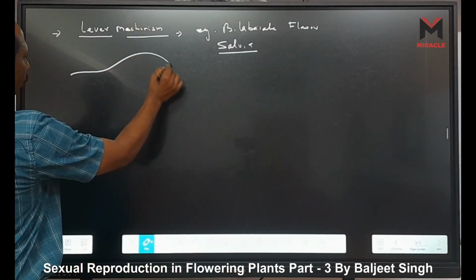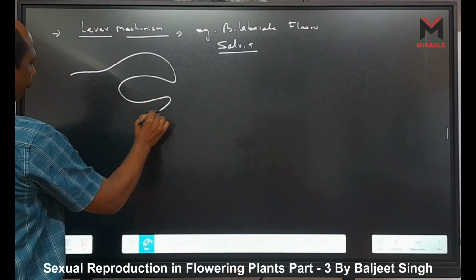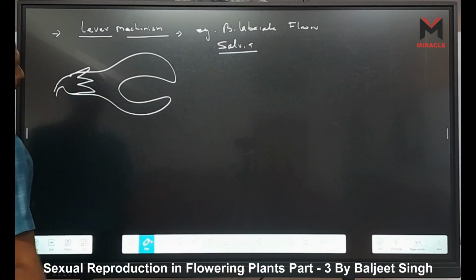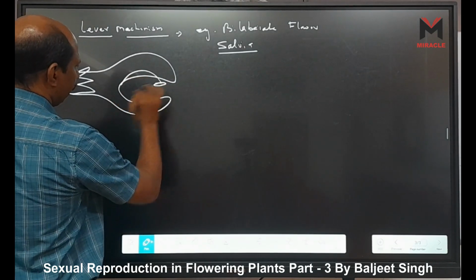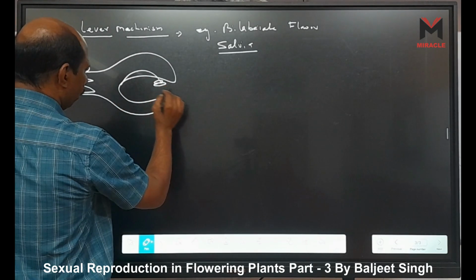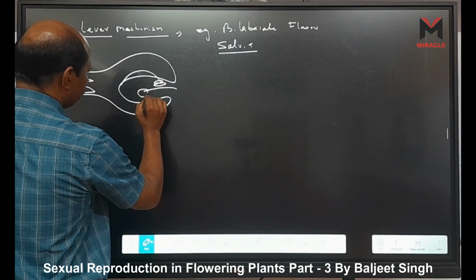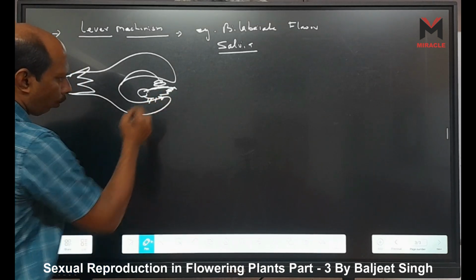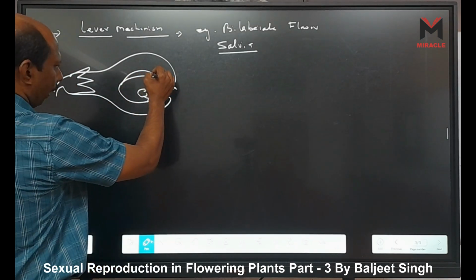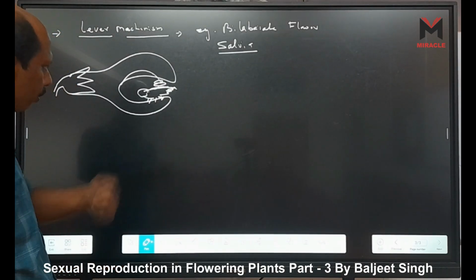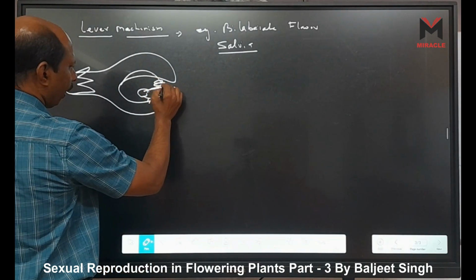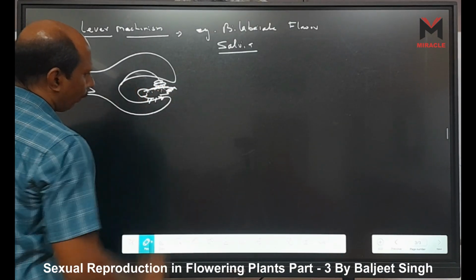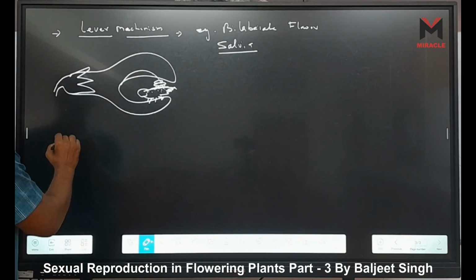This flower has two lips, one and another one. This is a flower, right? And this side is the anther or stigma. Suppose this is the anther. When an insect comes to this side, what happens? Suppose this is the insect. What happens when it sits on the lower lip? This anther is pulled down, and the pollen grains which are present here come and stick on the back of the insect, and when it comes to another flower,